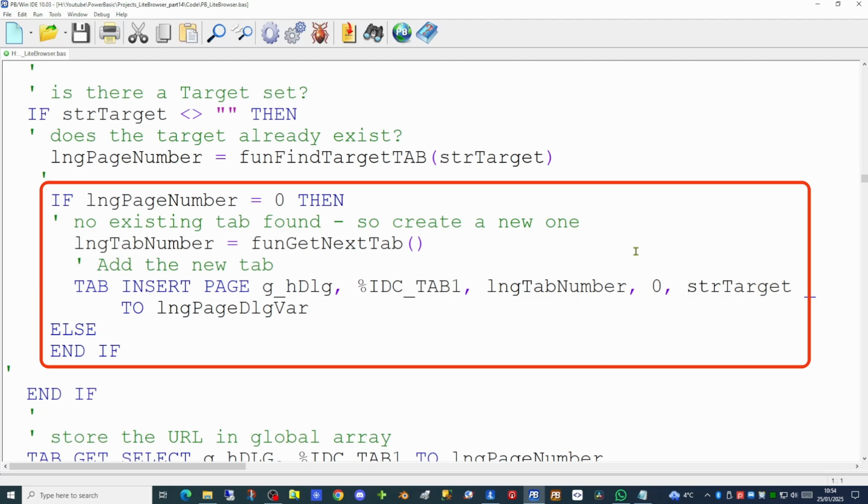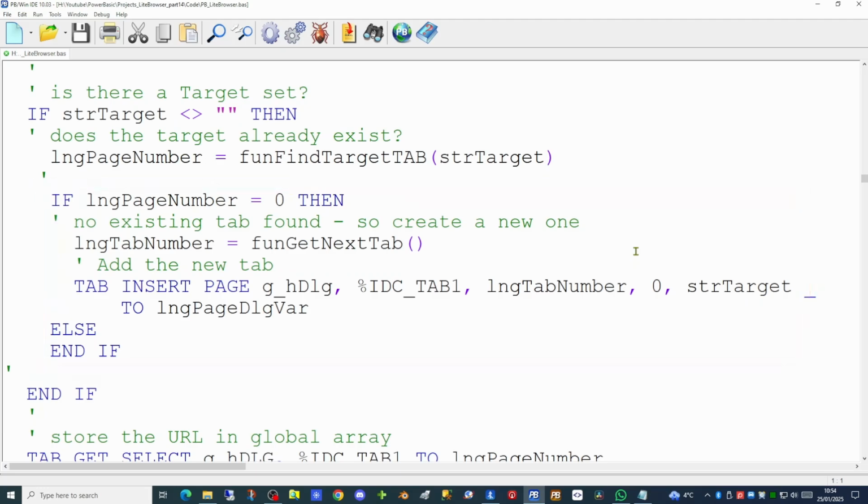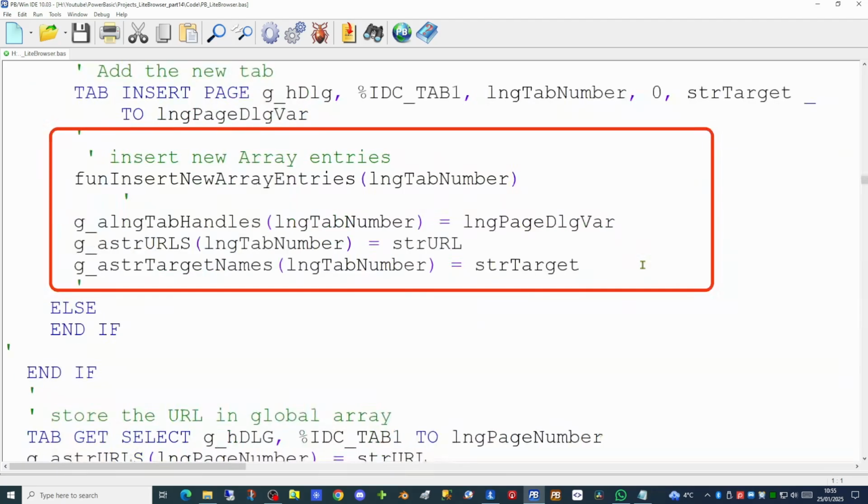It will return the tab number we're going to be adding. And we can then use the familiar tab insert page command to insert a new tab. And if that's the case, we've got some work to do on our array entries. So we will create a new function to insert new array entries. So we have a few new functions to create, but we'll just push on with this function to complete the